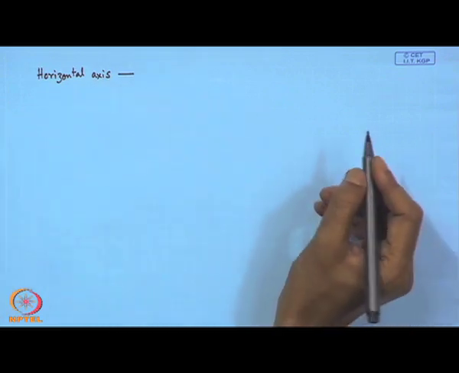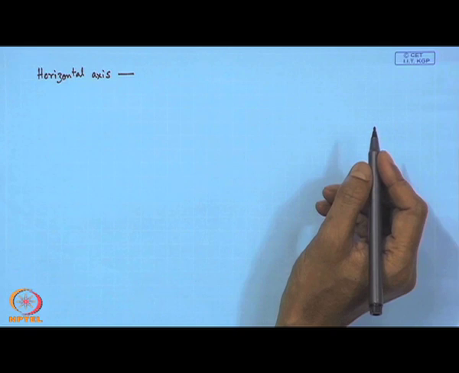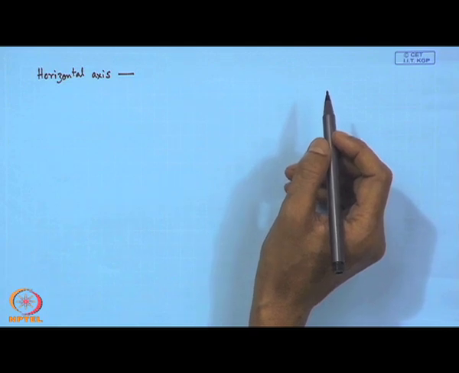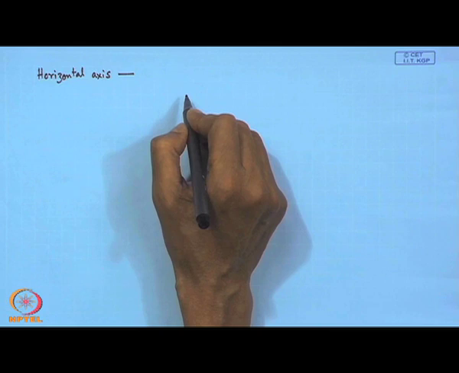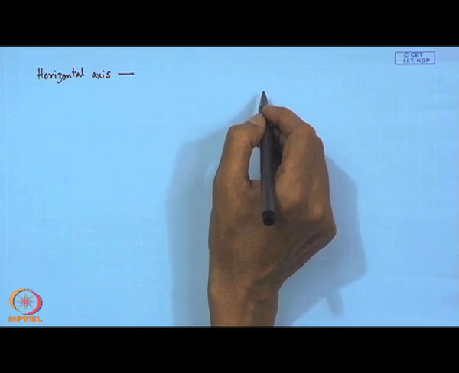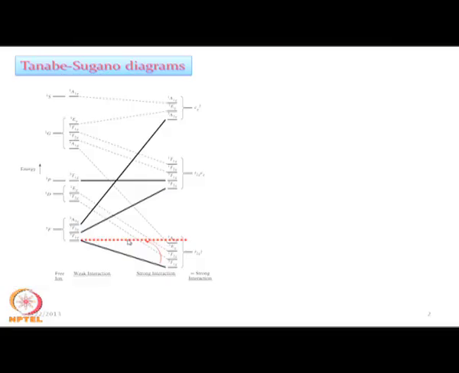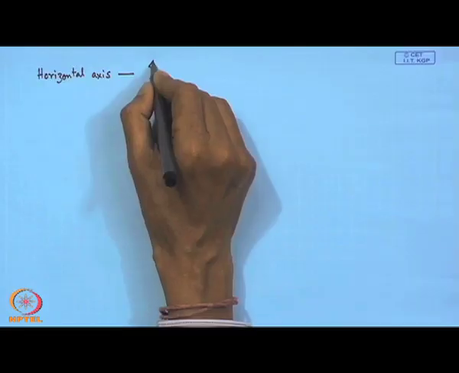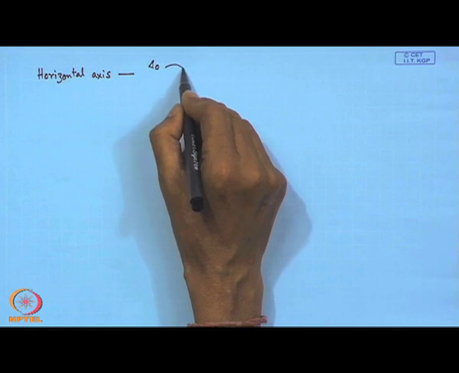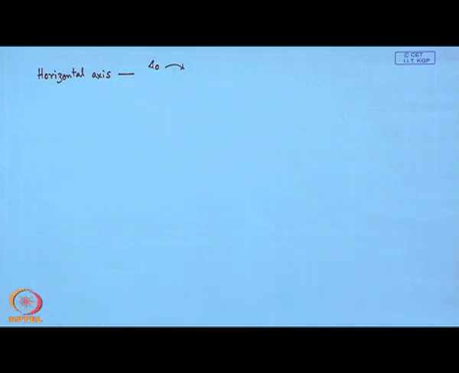So, all such diagrams for the different dn electronic configurations, if it is a Tanabe-Sugano diagram, must have a horizontal axis representing the ground state energy from the weak field case to the strong field case. So, in the horizontal axis we will put the crystal field strength as we move from left to right. So, in the horizontal axis we will put something in terms of delta octahedron, which is our octahedral crystal field splitting